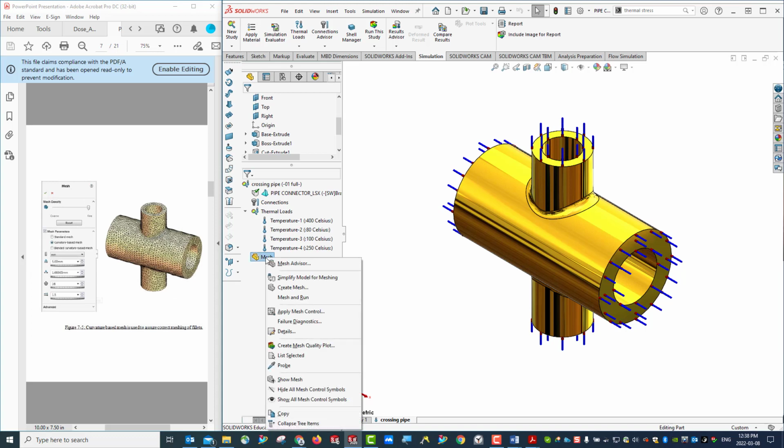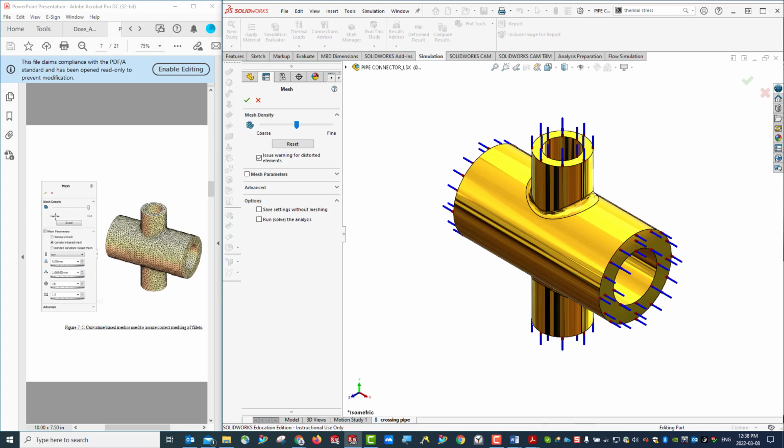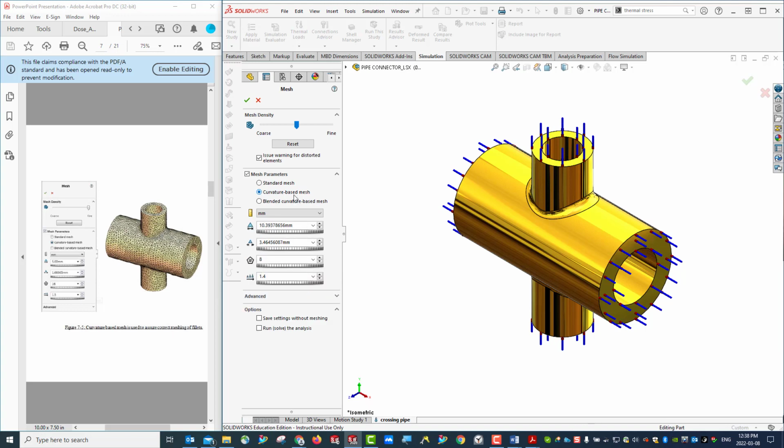Now let's create the mesh. Create a mesh. According to the instruction, we're going to use the fine craft, and then advanced. So we're going to use mesh parameter, curvature based mesh, in millimeters. The maximum element size will be 5 millimeter,